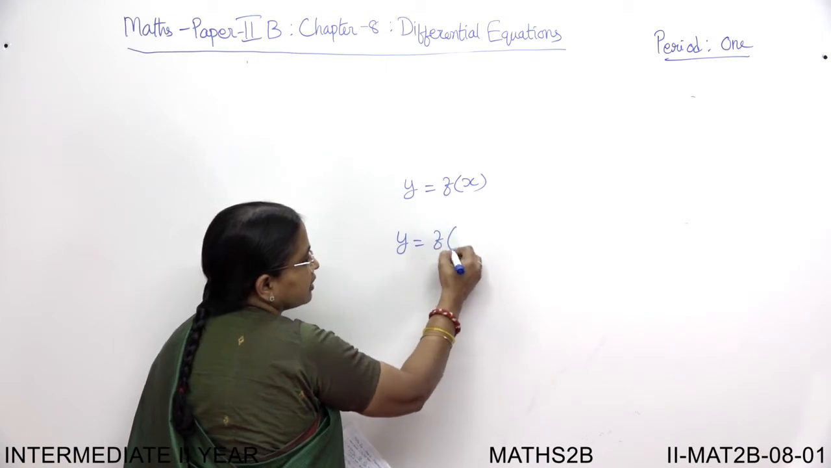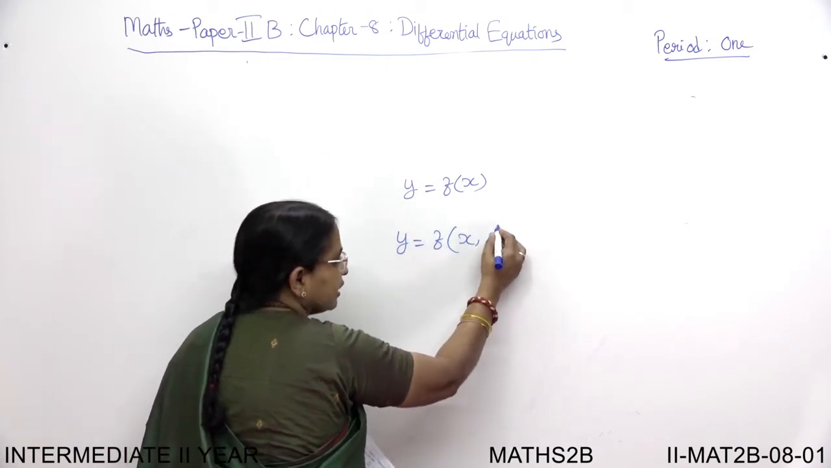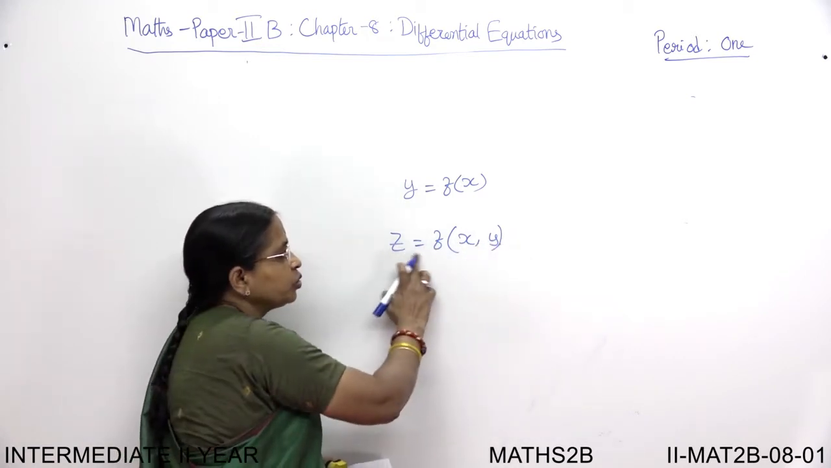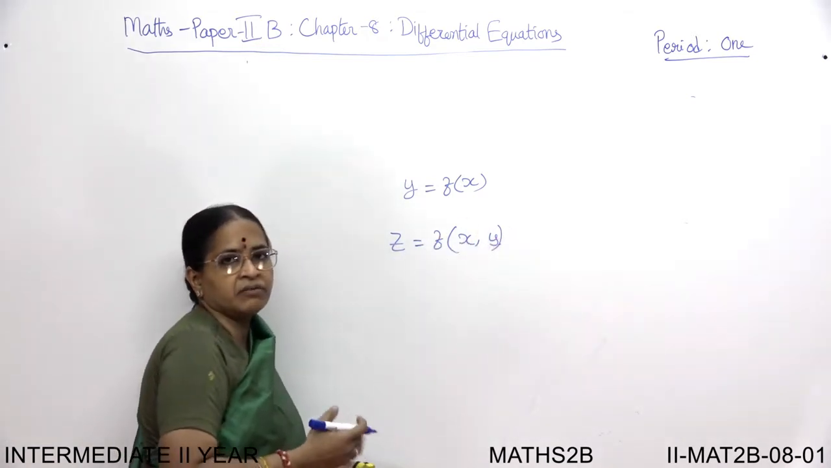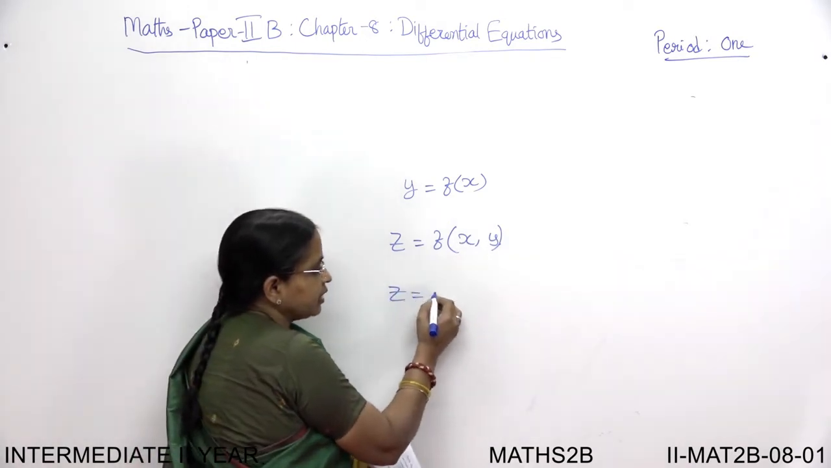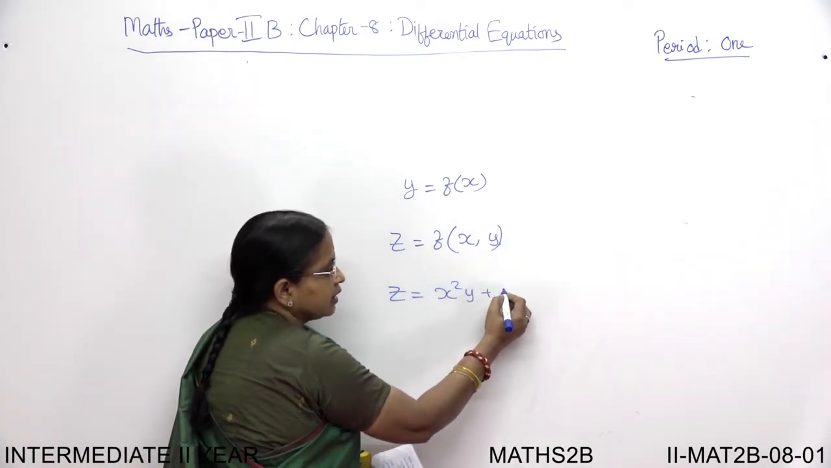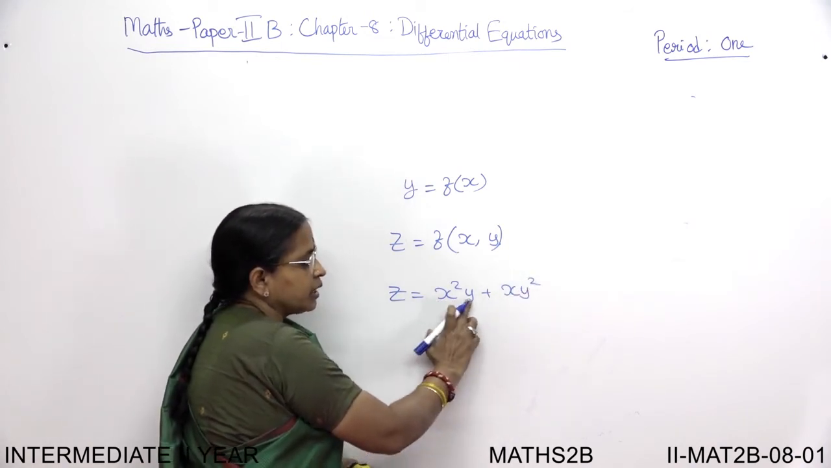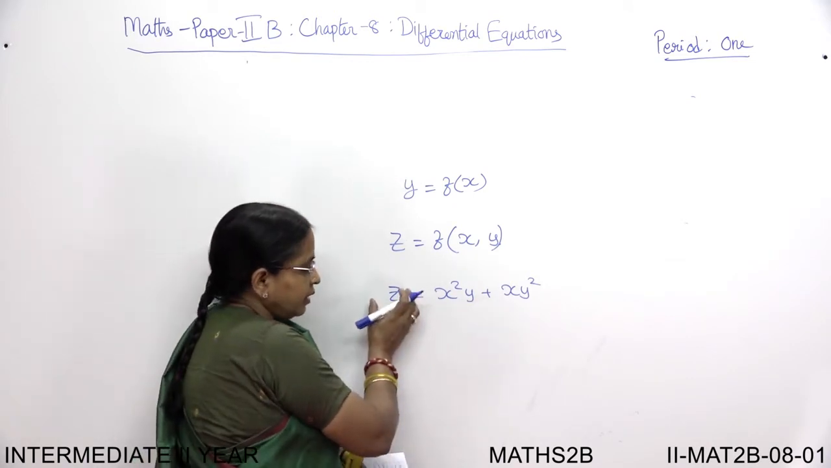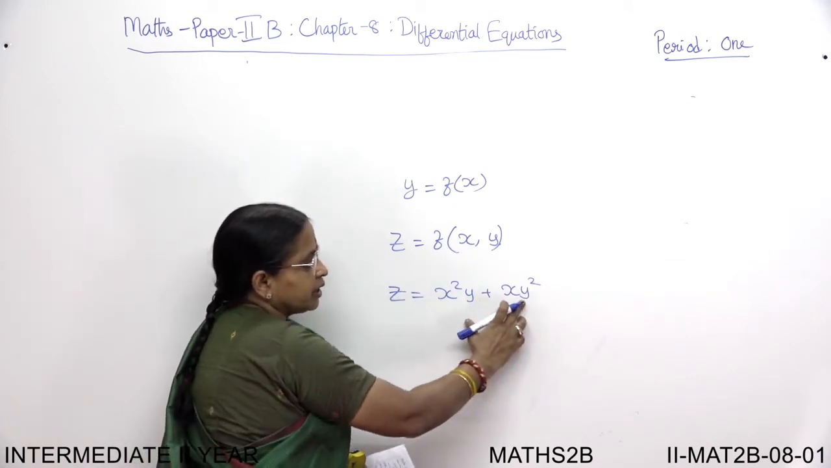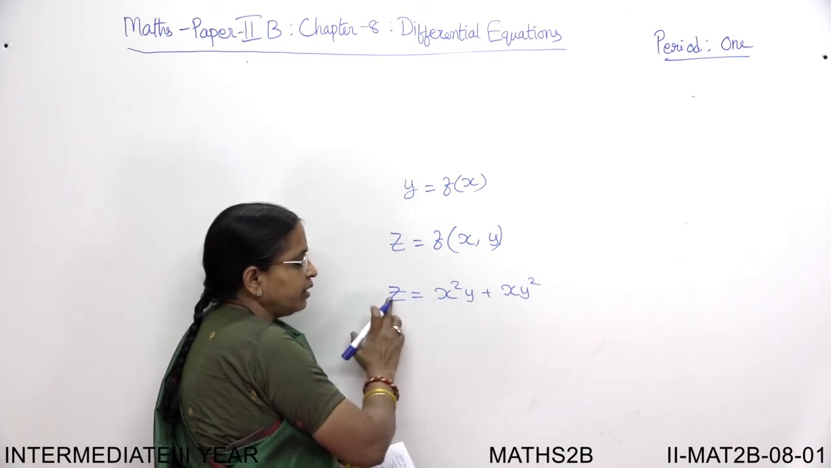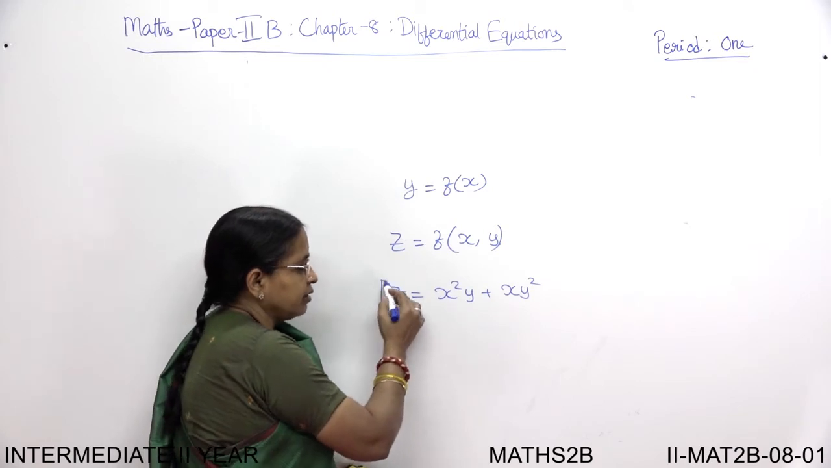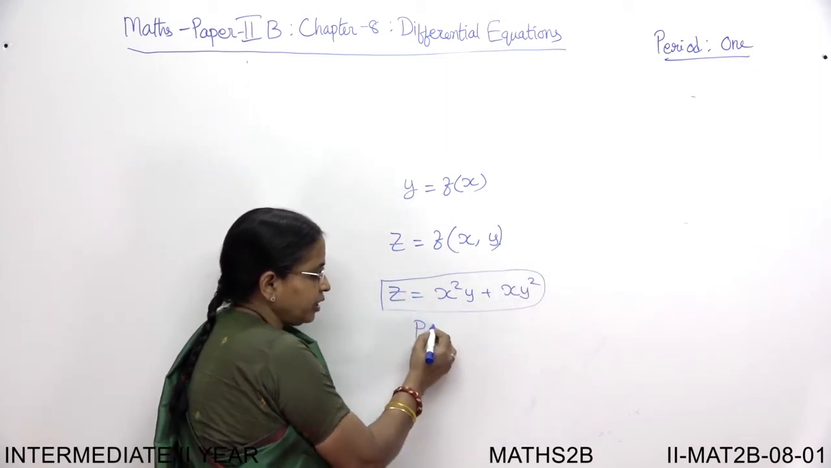Suppose z is a function of x and y. So it has two independent variables, x and y. Like suppose z is equal to x square y plus xy square. So z depends on both x and y. It is a function of three variables: two independent variables x and y and one dependent variable z. To find the derivatives of this, we use partial differentiation,